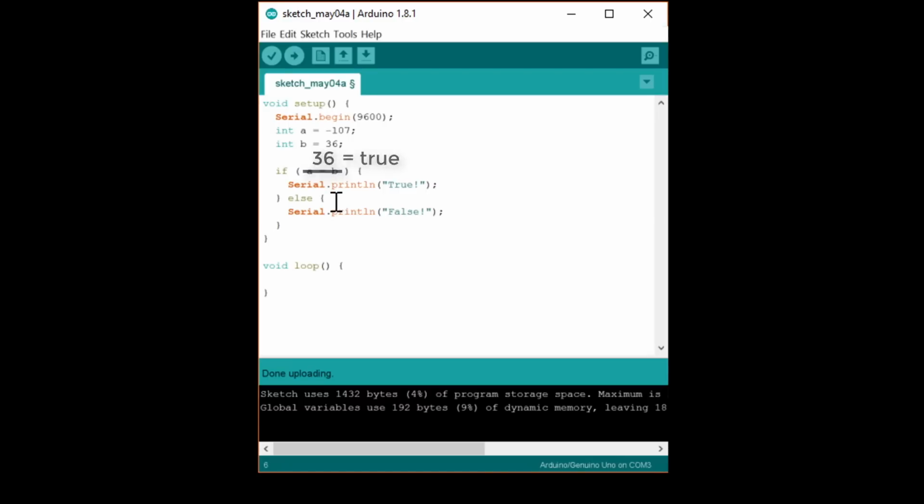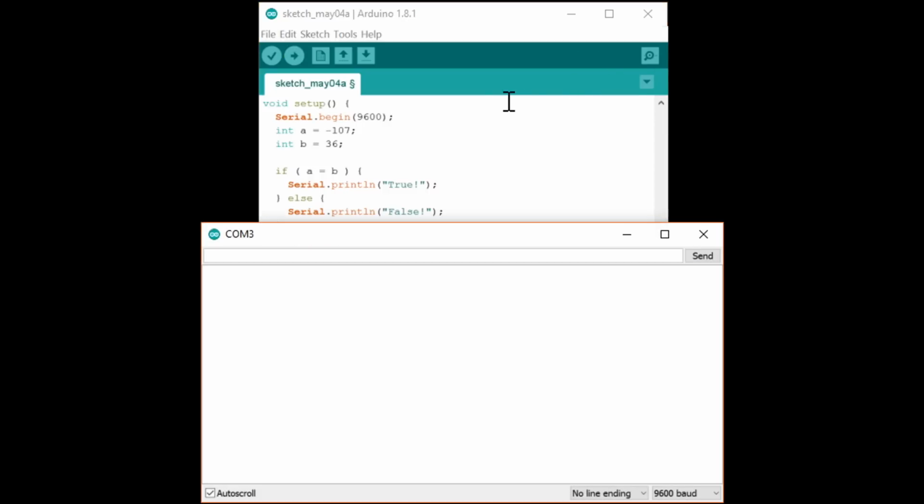We can write a Serial.println(A) after the if-else statement to see this in action. Upload this and take a look at the serial monitor. We see true printed, as the conditional part of the if statement saw 36, and that's not 0, so it ran the code under if. We see that the value of A was indeed changed to 36.